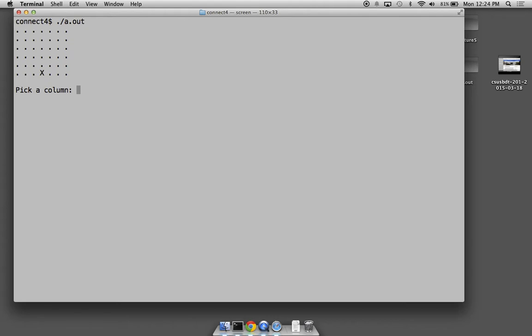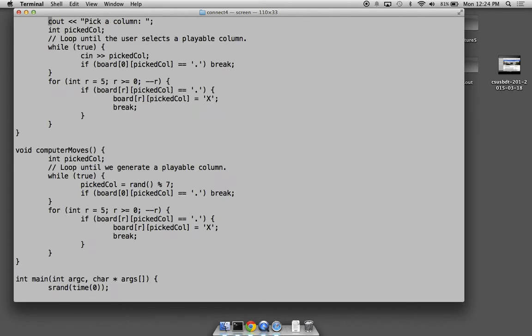Well, look at that. The computer is playing an X. So it needs to be an O, right? So this should be an O. So it's a little less identical now. It's no longer identical, it's just similar, because